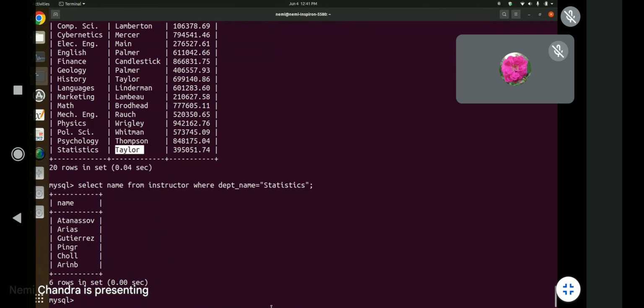So these are the 6 instructors that belong to the statistics department. Similarly, if you want to know the instructors from computer science, you can just change this and write computer exactly